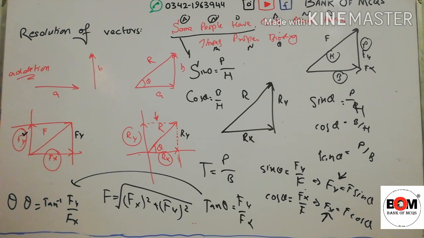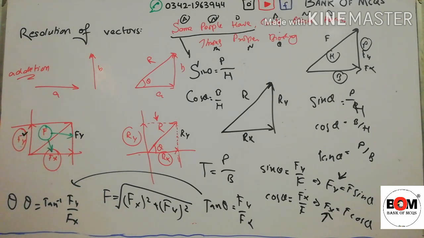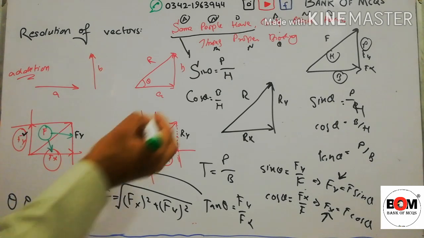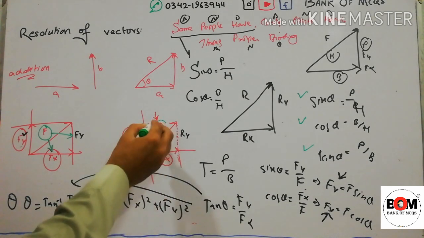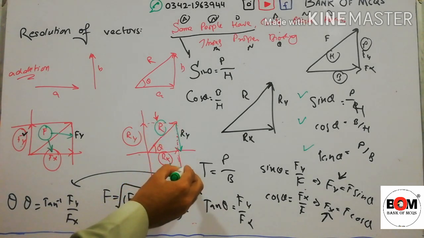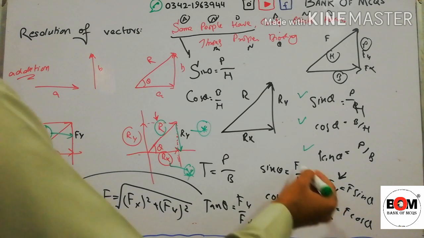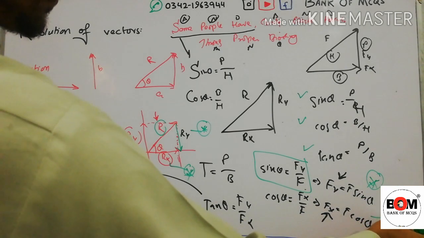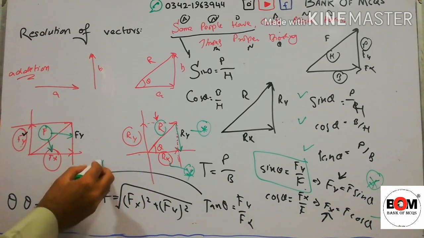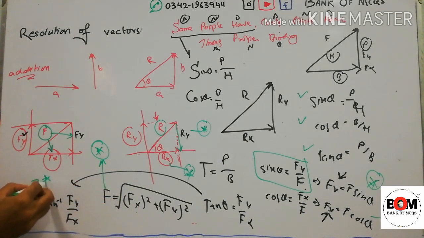Now what was the point? The point was resolving a given vector into its two components. It's called resolution of a vector. Now we will use the formulas sin theta, cos theta, tangent theta. For that, if we draw a line from the given vector to the x axis, it will give us Fx, and on the y axis it will give us Fy. Next, sin theta is equal to Fy divided by F, where Fy is equal to F sin theta. So must remember it. Fx is equal to F cos theta. And for the magnitude of the given vector, if they give us Fx and Fy, we will use this formula, and for direction we will use this formula.